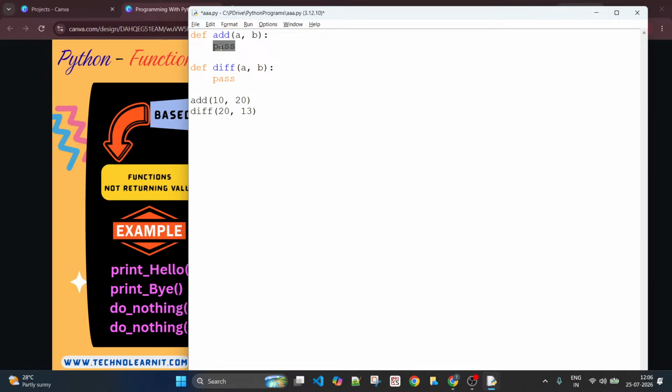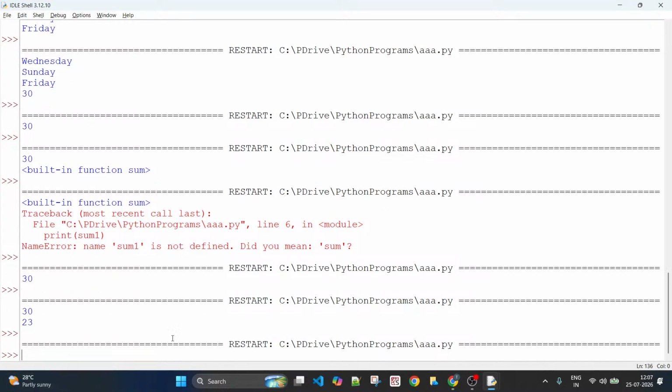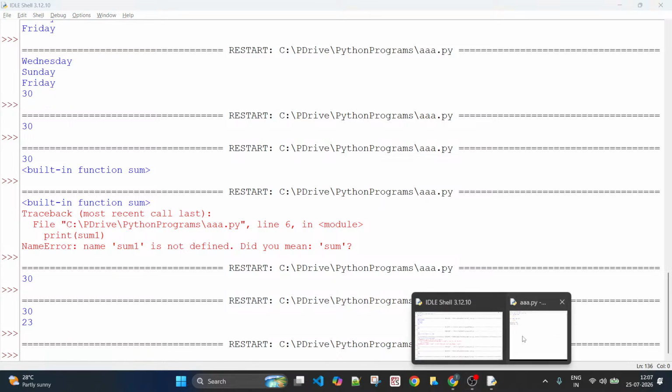Still, you can use this pass keyword in such cases where the functions will be available, but the function definitions are not yet developed. In this case, you can still call these functions without any error. Nothing will be produced as output here, but still there is no error coming out, right?